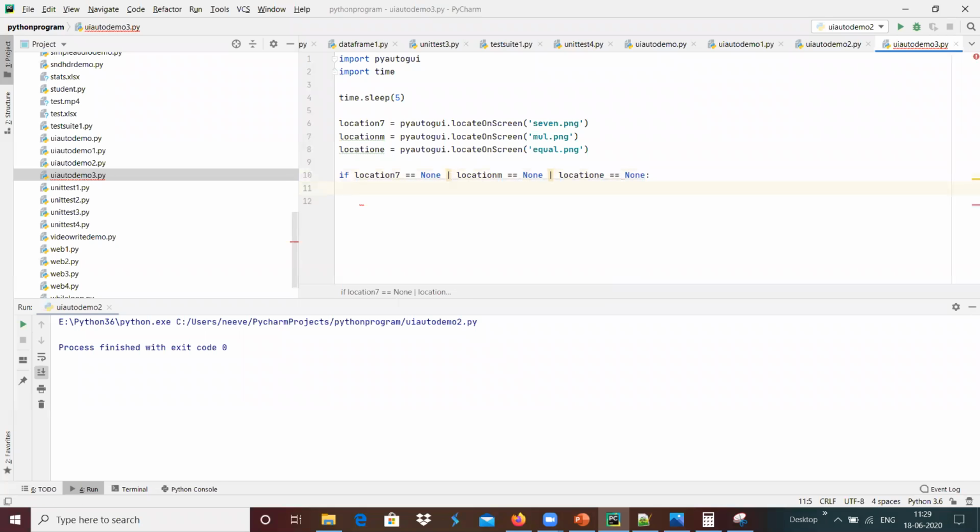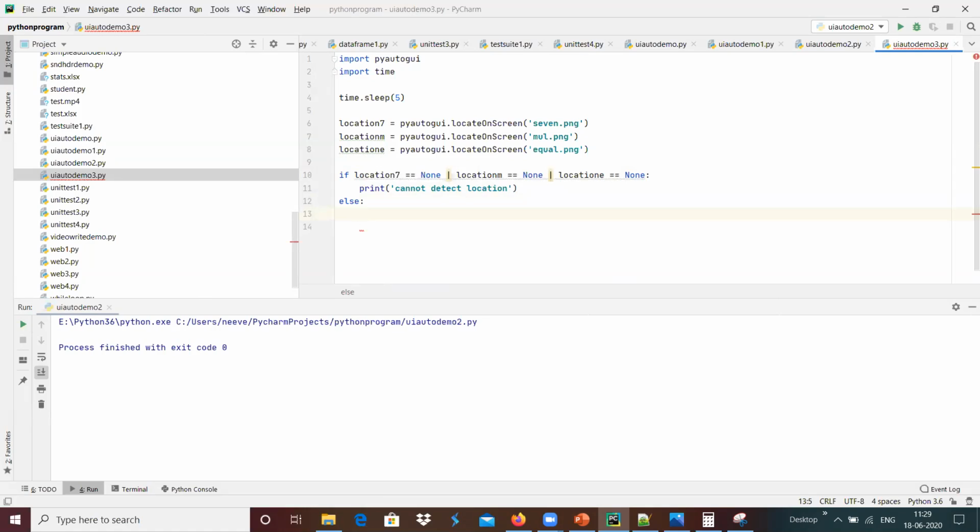If any is none, then we can print it cannot detect the location over here, and else case all are not equal to none.